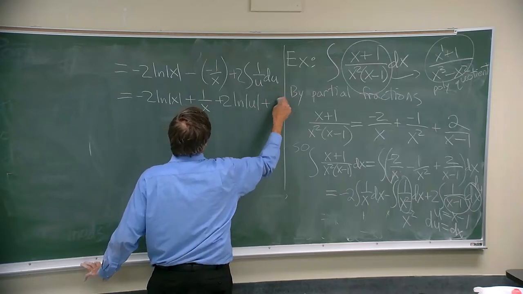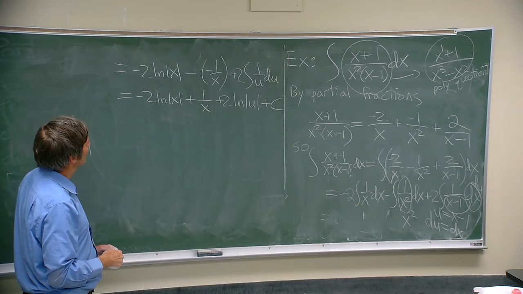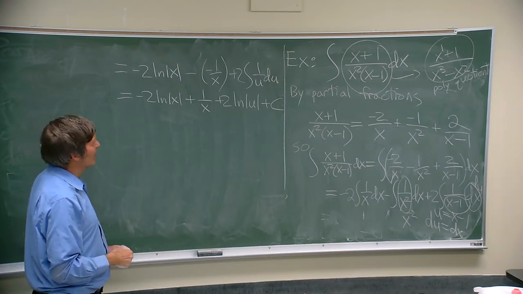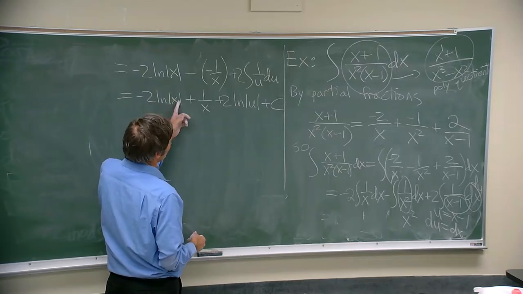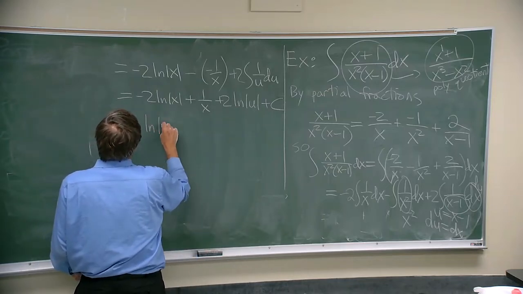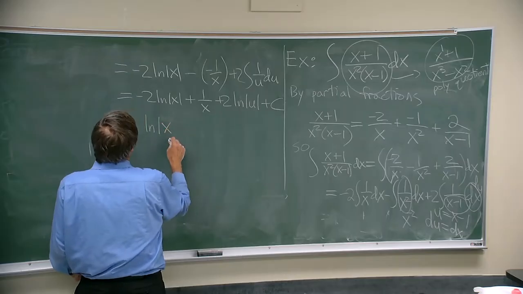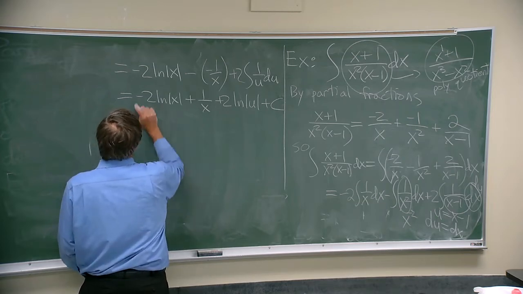So this is minus twice natural log absolute value of x plus 1 over x plus twice the natural log absolute value of u. And now when I drop the last integral sign, I have plus c. And then the same thing as last problem applies. You can put these 2's up in the exponent, right? I can write this as natural log of